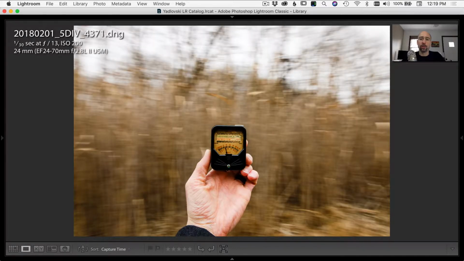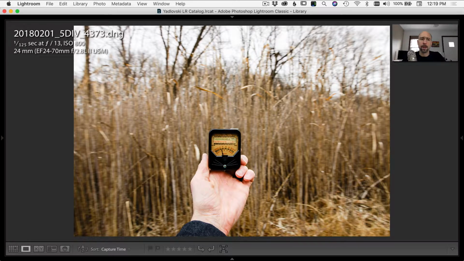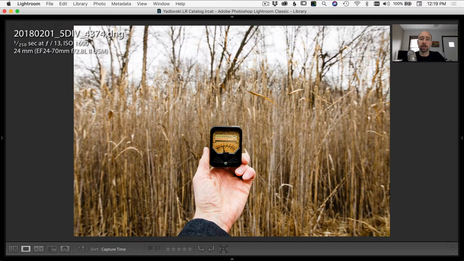And as we go up to 1/30th of a second, that movement seems to slow down. The blur doesn't seem as much. If you look here, you have about that much, for example. Going up to 1/60th of a second, things are starting to become a little clearer. You can kind of tell a little bit what's going on in the background. 1/125th of a second, you can start to see it's a little blurry still, but it's becoming more clear of what's in the background. 1/250th of a second,